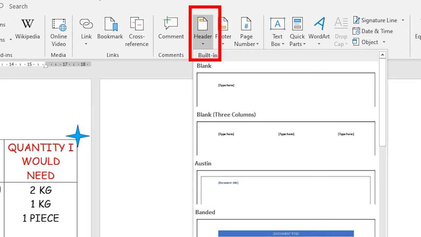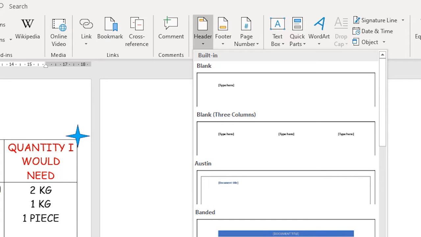My document here is saved with the name shopping list 1. Now whenever I open my shopping list 1, no matter how many pages I insert in this document, all the pages will have the same heading. That is a header. If I include that heading in my header, it will be the same for all the pages. Let us see how it looks.